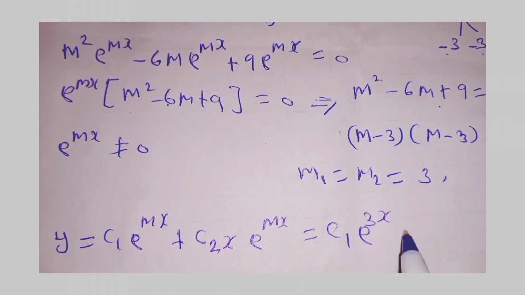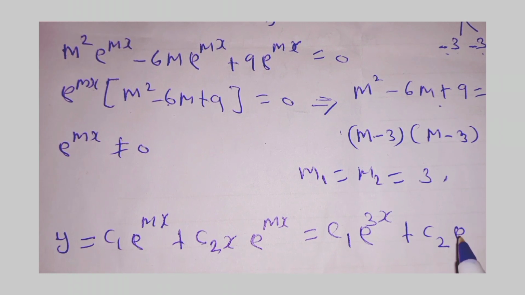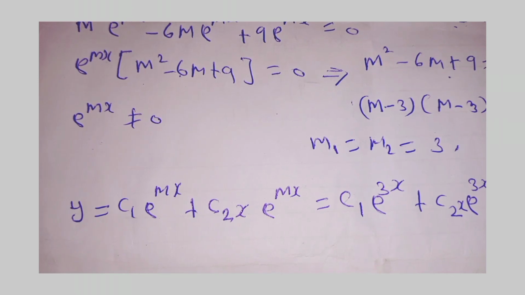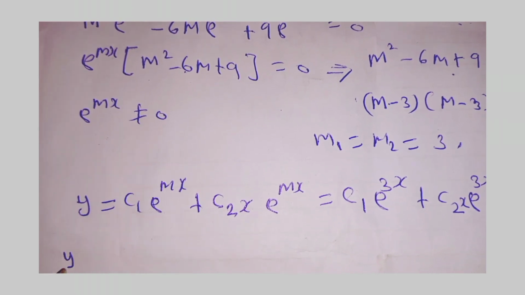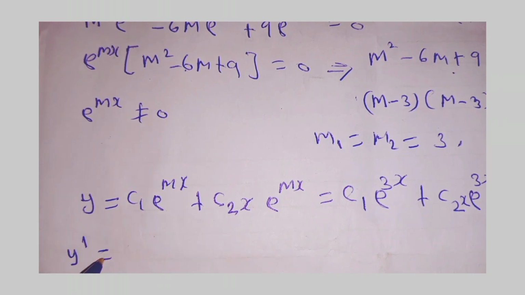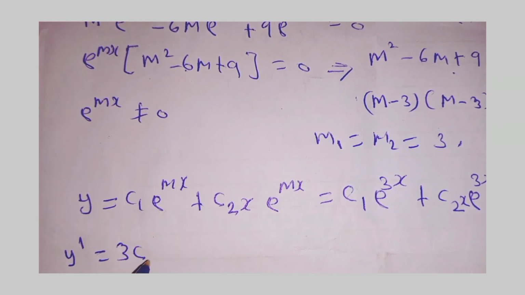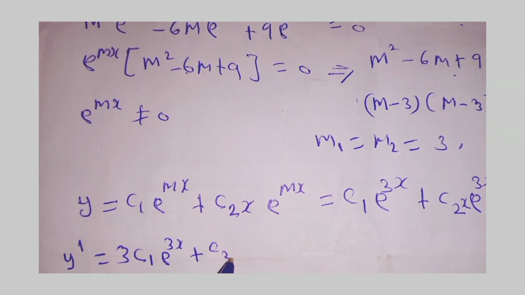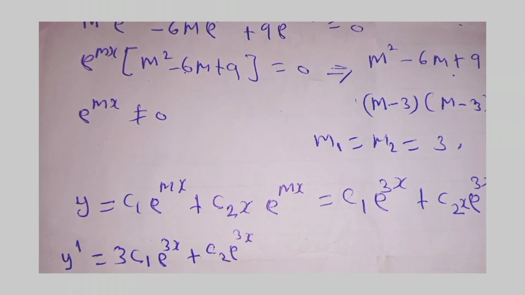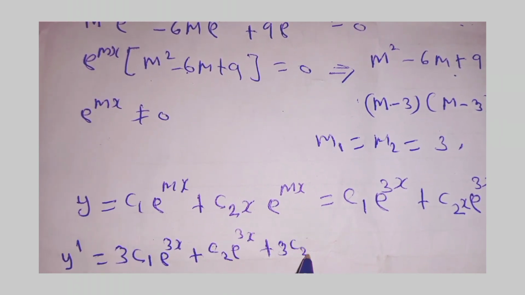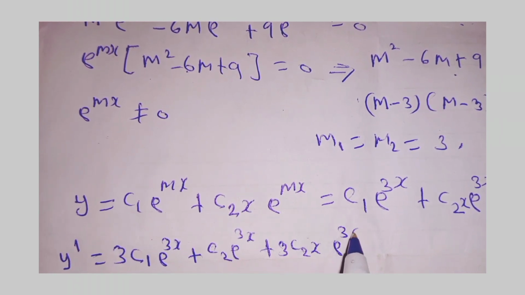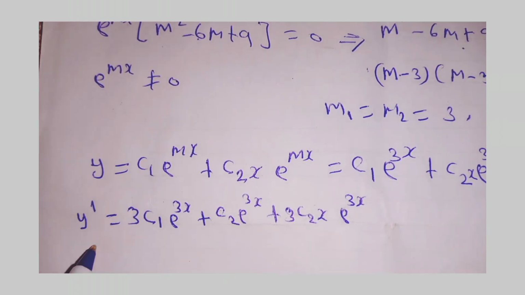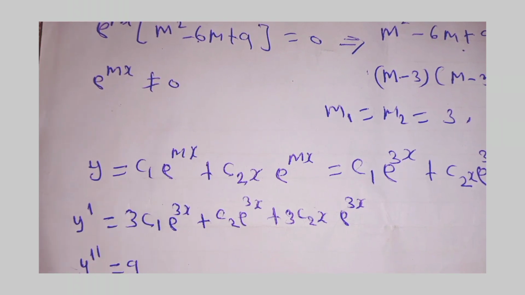which is equal to c1 exponential 3x plus c2 x exponential 3x. That is our solution. So we can check our solution. So we get y prime, you will get 3 c1 exponential 3x plus c2 exponential 3x plus 3 c2 x exponential 3x. After differentiating that once, we differentiate this twice, the second derivative, so this will give you 9